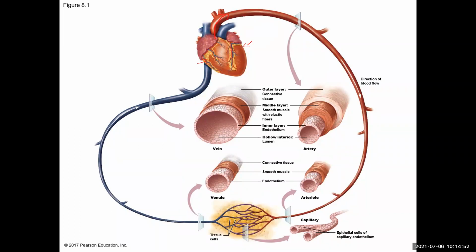That blood has a pressure because it's being forced out of the heart. That pressure is higher in arteries than it is in veins because the veins are just returning to the heart via the pressure that's exerted for the blood being pushed out. And so the most pressure in arteries is closer to the heart, whereas veins have a lower amount of pressure